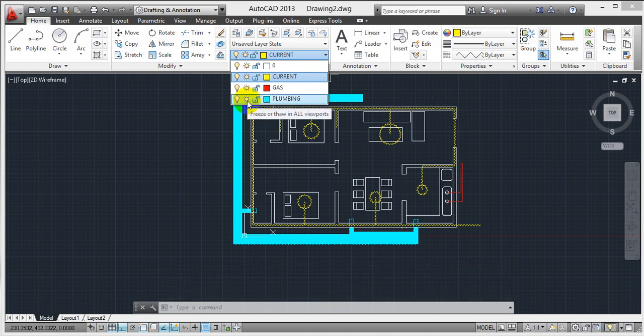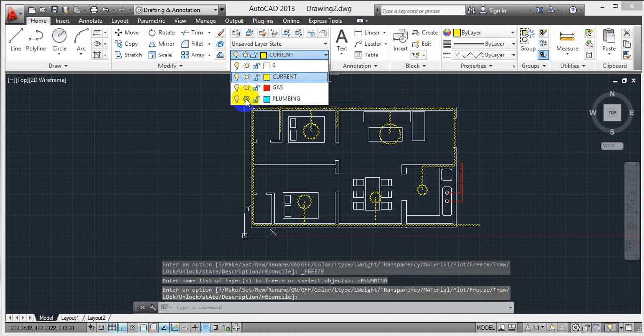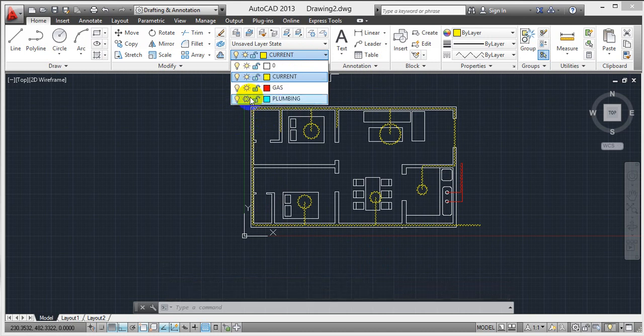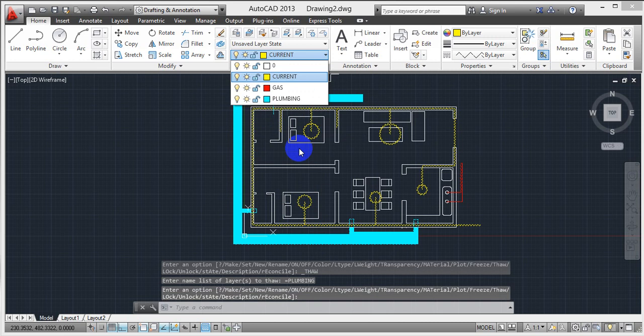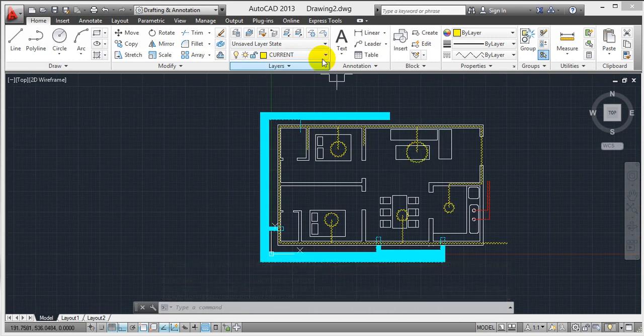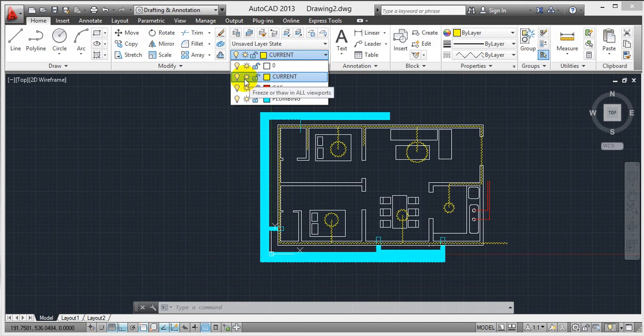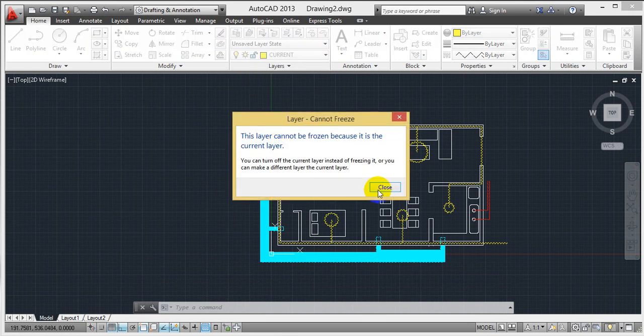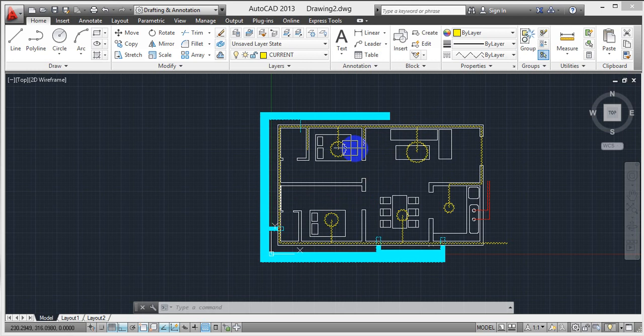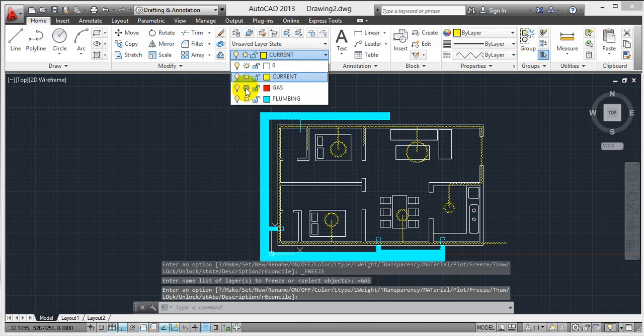Okay, next, freeze. So what is freezing? Plumbing is freezed, it means it's hidden, the plumbing hidden. So I'm removing it again from freeze. Again I'm selecting, see, now electricity freeze, current, select freeze. The last layer we did, electricity, is completing a little bit complicated. So go for plumbing and always freeze the gas line type, otherwise it is confusing.